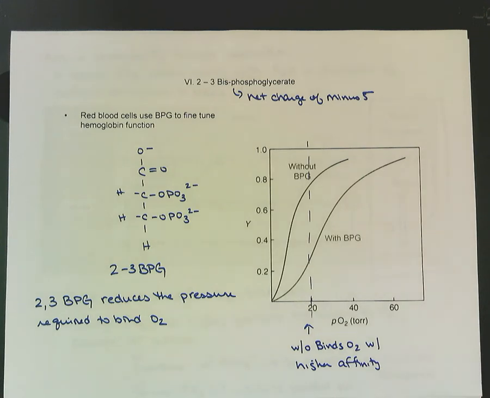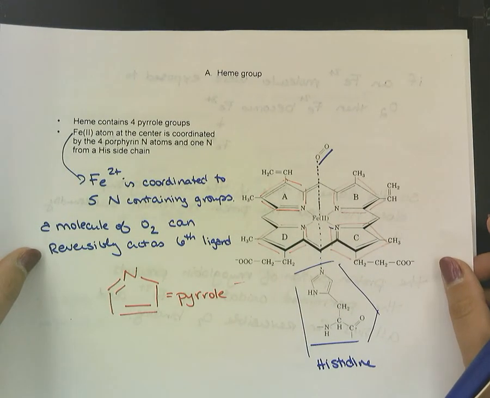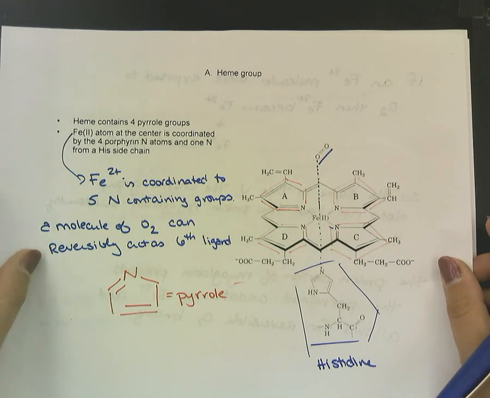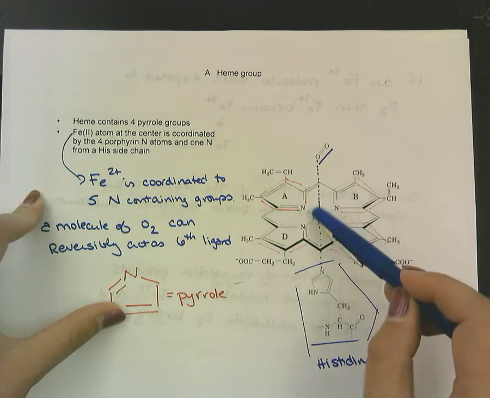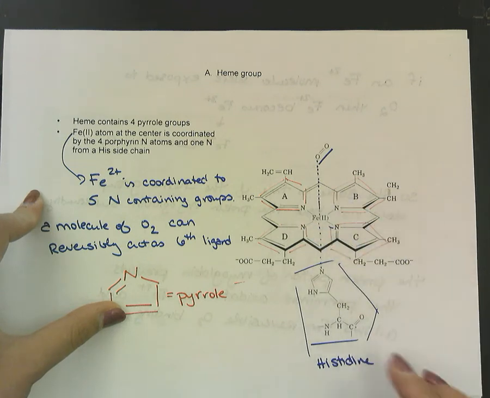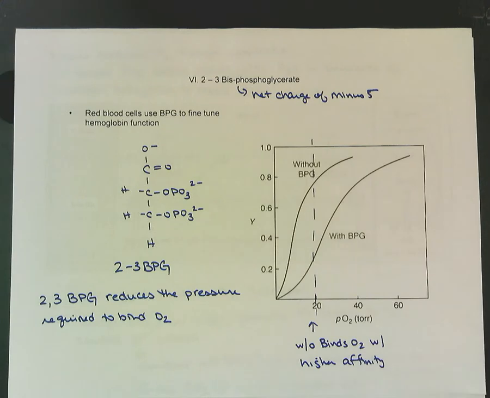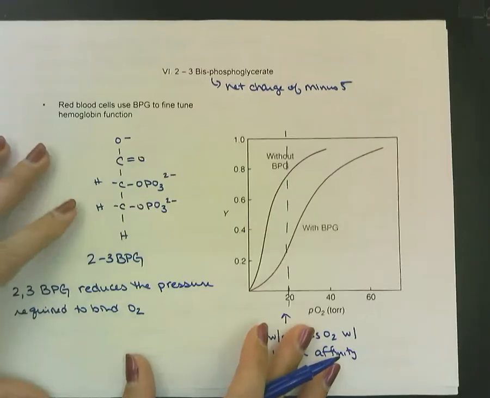So, looking back at our heme group, let's see if I can find a picture of that real quick. All right, so here's my heme group, where there are nitrogens surrounding this iron +2. What 2,3-BPG can do, because it has a net charge of -5,